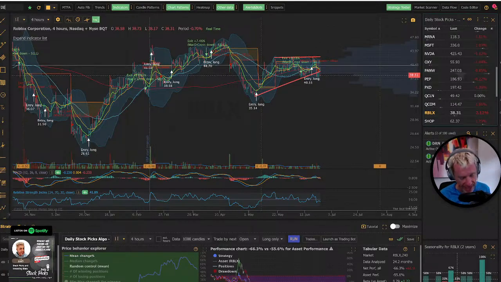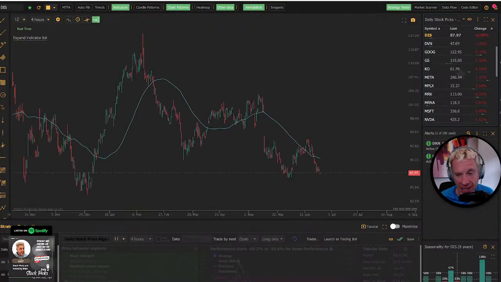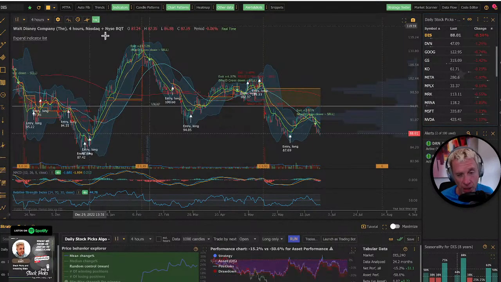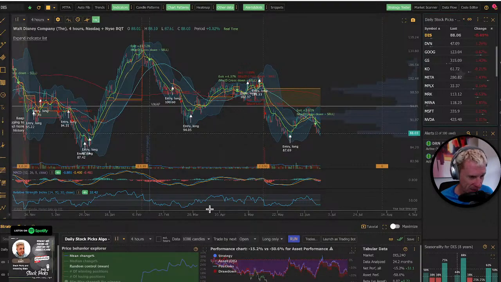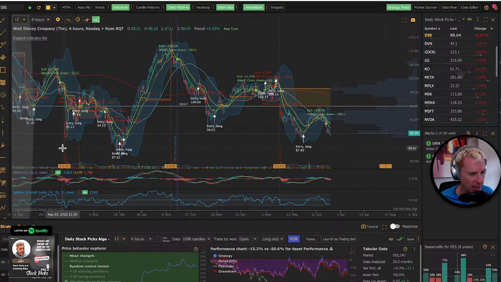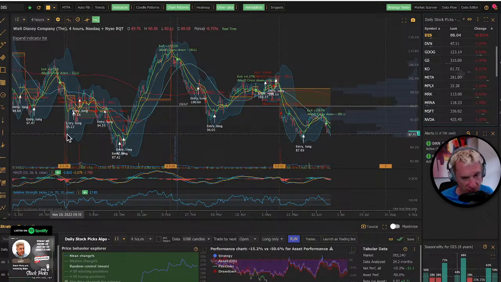Disney under 90. This is one, in my mind, again, that Motley Fool says to have in a core portfolio. It's at $88. You're seeing this bottom put right back here in December. Let's go back to the October lows. This was just under 100, got back over 100. I'll be adding more. I think under 90 is not a bad price.